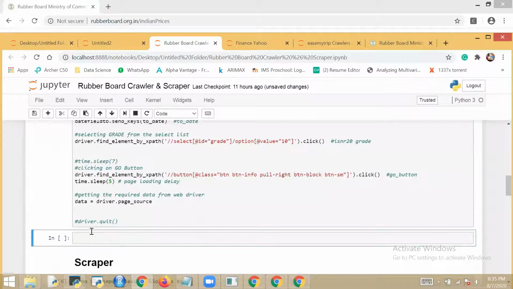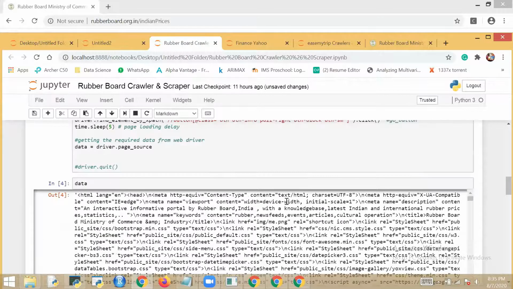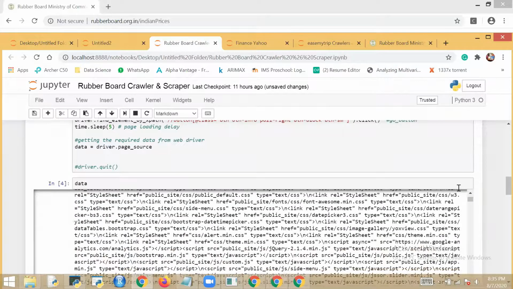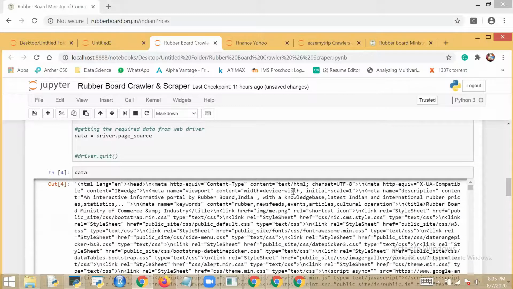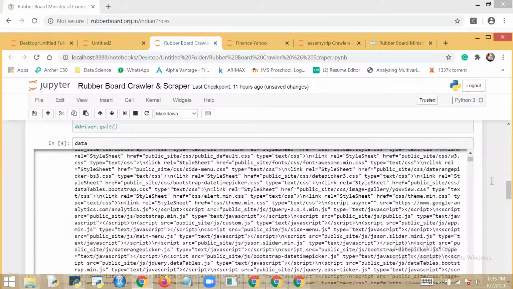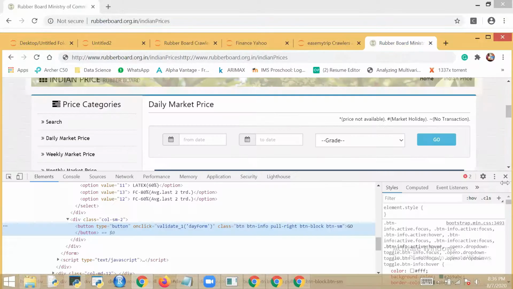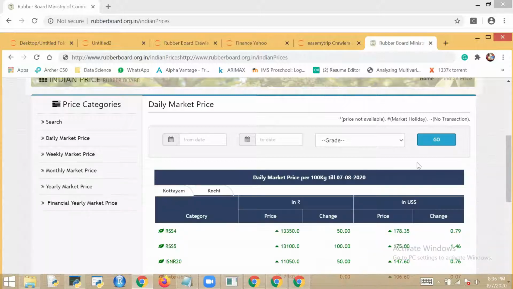See, if I give data here, you can see the entire web page came here again, right? Here the entire page came again. We got this updated data from the server.